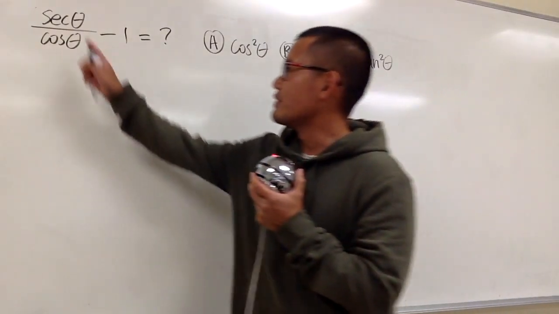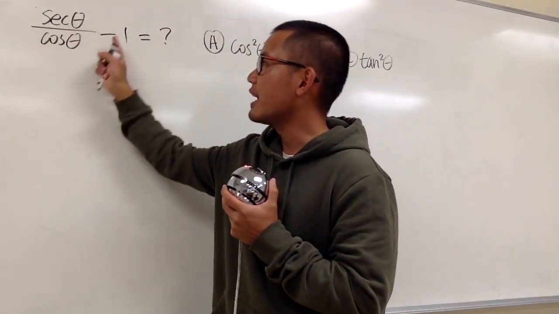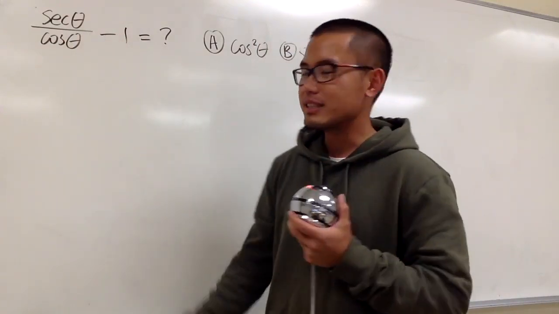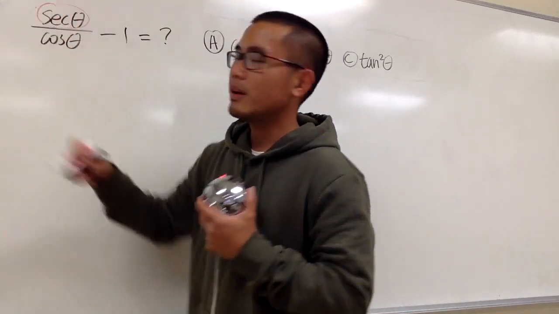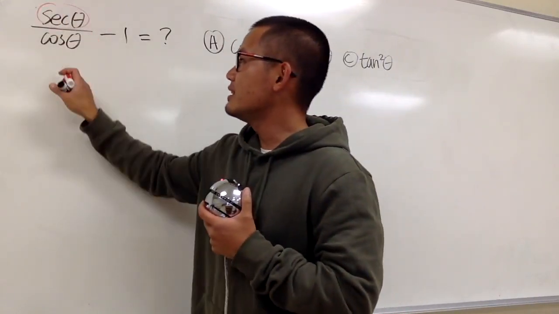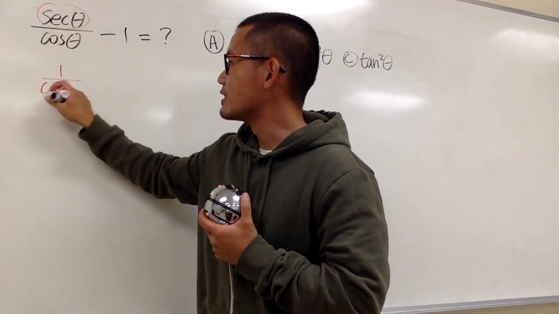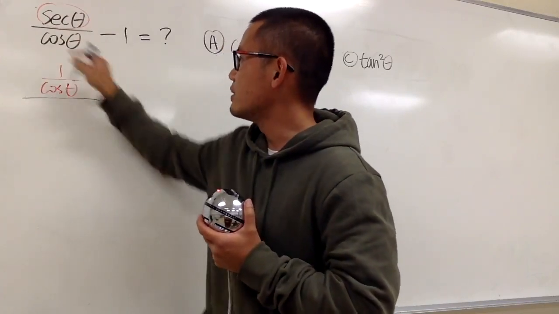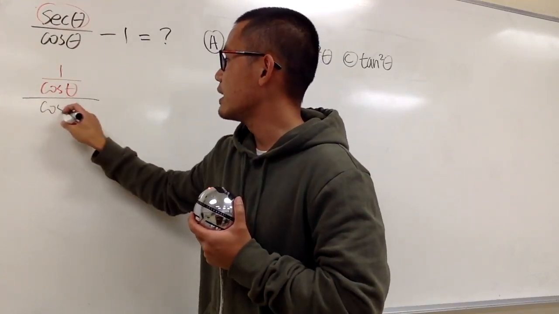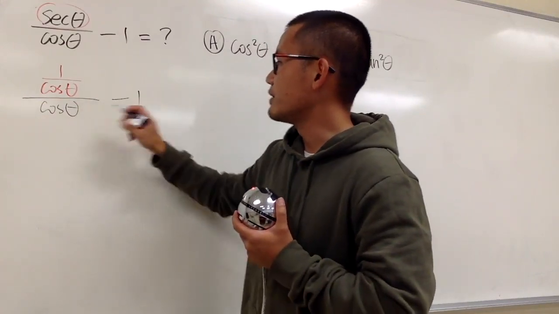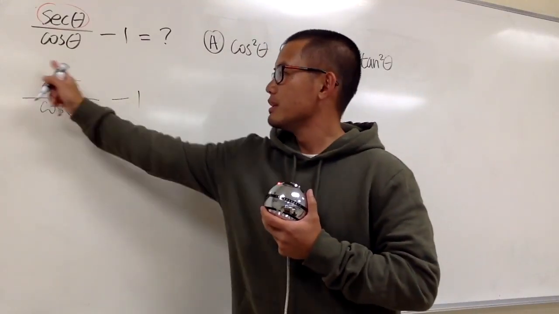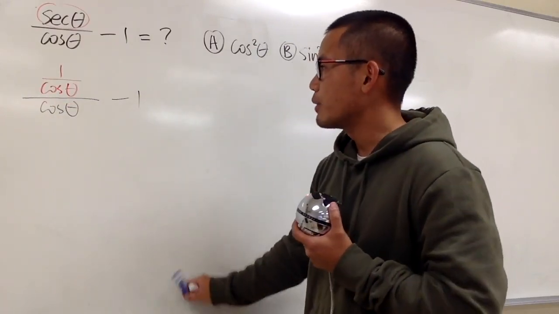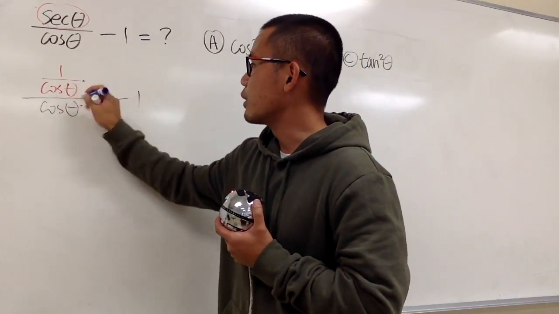Okay, for this one, we have secant theta over cosine theta, and then minus 1 is equal to what, right? Well, we have secant theta, so let's write the secant theta in terms of sine or cosine. This is the same as 1 over cosine theta. That's all, right? For secant theta. And then we still have this over this cosine theta, and then we still have the minus 1 after this, right? And now, this is a complex fraction, so let's go ahead and fix that. So to do so, I'm going to just multiply the top and bottom by this cosine theta,